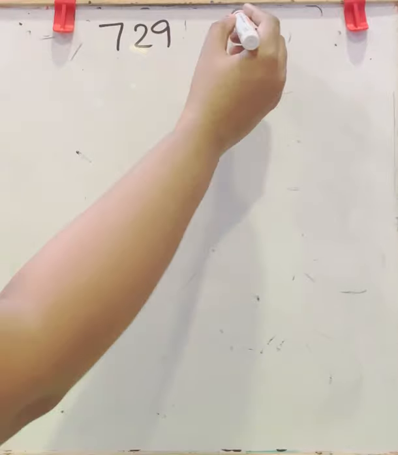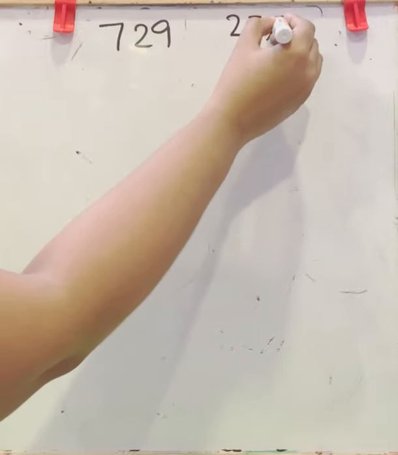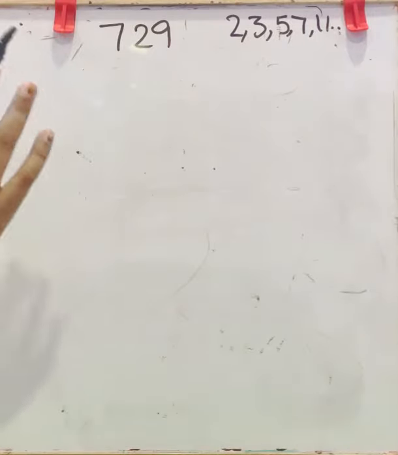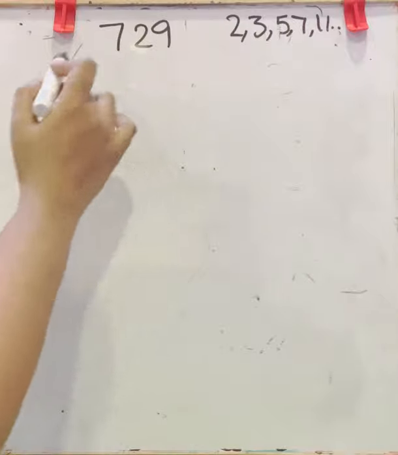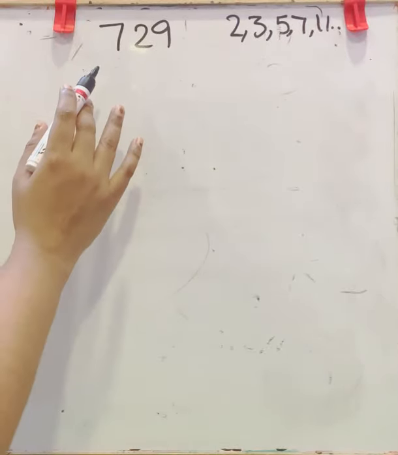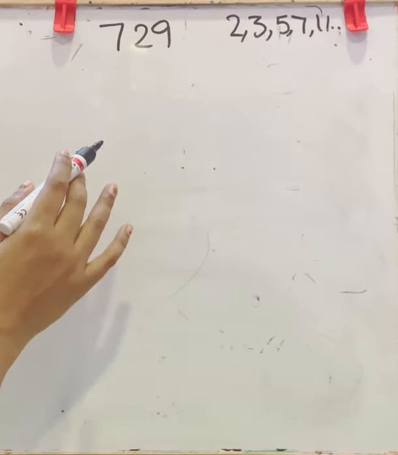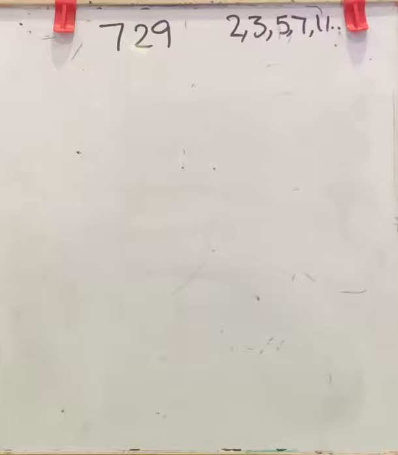So, here we have prime numbers, 2, 3, 5, 7, etc. You will always start with the least primes. First, you have to check whether 2 is a factor of this. If 2 is not a factor, then only you start factorizing with 3. If 3 is not a factor, then only you can start with 5, like that. So, first you will start with the smallest prime, that is 2. Now, check whether 2 is a factor of this. No, it is not a factor because here in the units place is 9.